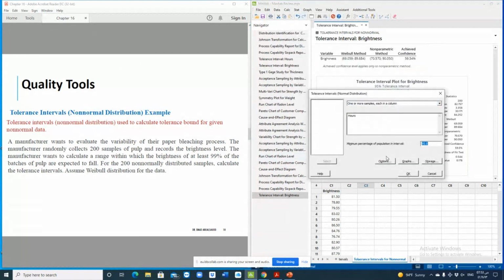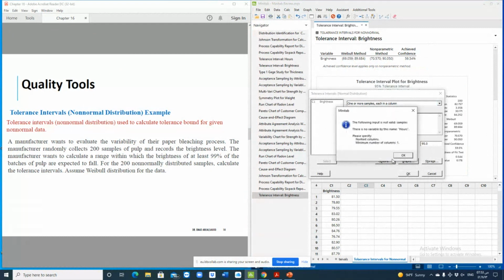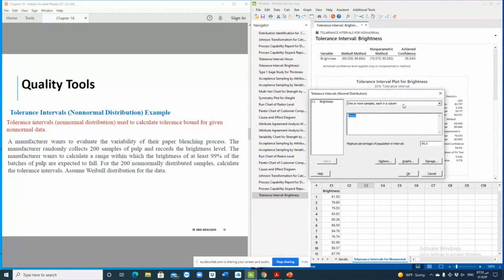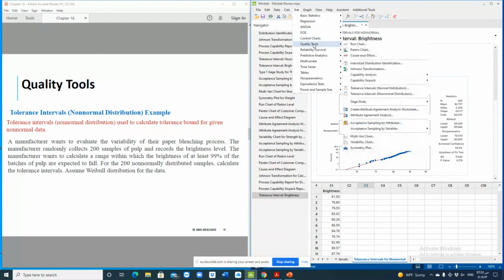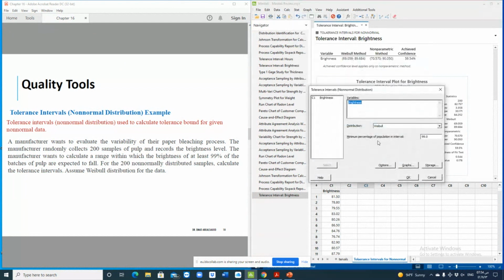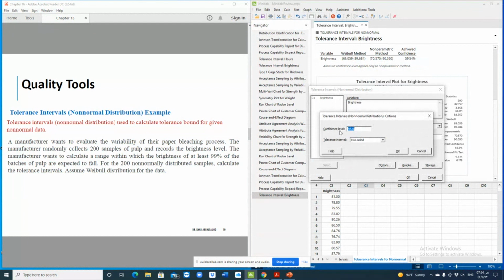This is different than, okay, I think, yeah, there is a mistake here. Okay, yes, here we go. Here the confidence level is 95%, and this is the confidence level in terms of implementing the